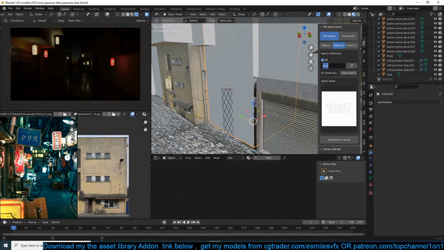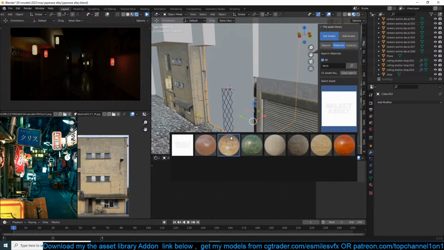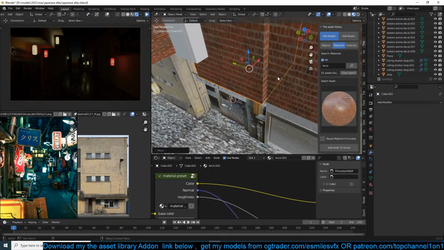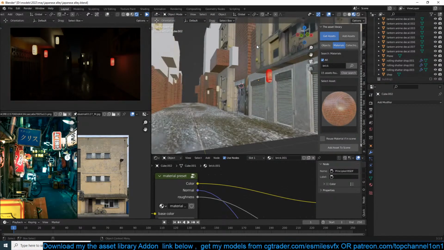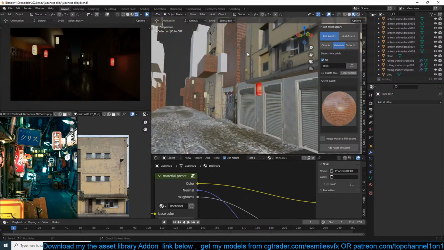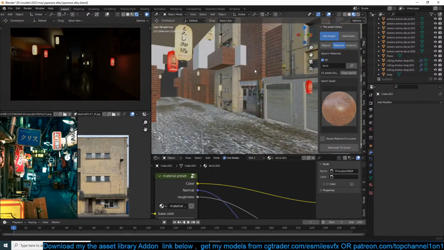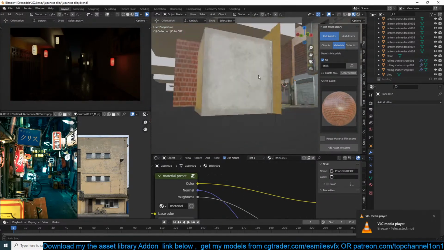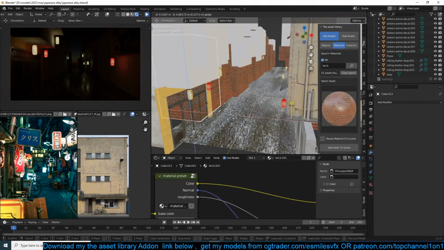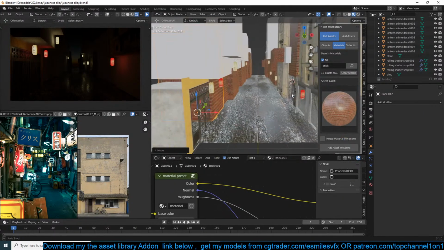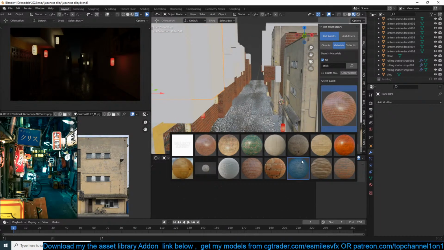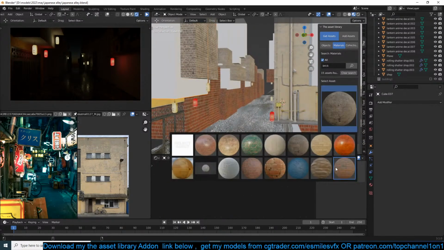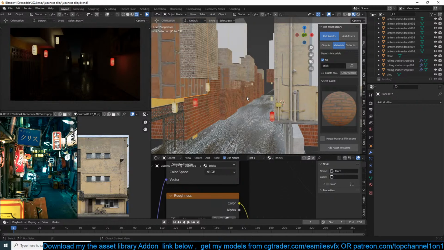Let me get a brick material and apply that to some of the buildings. So some of these blocks can have textures. You can already see that our street is starting to look somewhat detailed. Some of these can just have concrete, some can have maybe this.